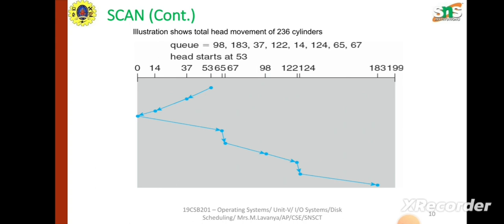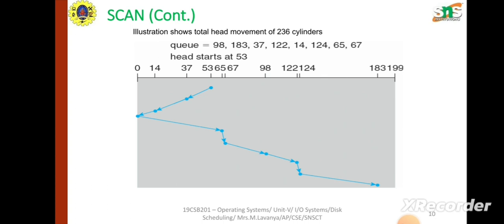After completing all the requests in that direction, the requests in the other direction will be served. We can take the traversal either in the left or right direction. Here I am starting my movement from 53 towards 0,